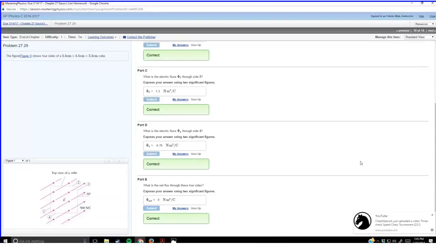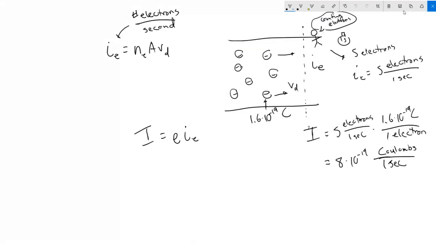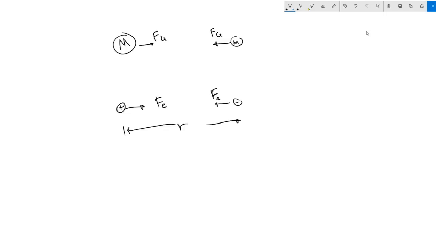Let's see, this is the last question you guys asked for, so I can answer Paul's question here, and we can come back to this if you have questions. But the idea was, we did this for gravity. If you have some mass and some big mass, and it's an attractive force, it's the same thing for a positive charge and a negative charge, opposite charges, right? And what we said was, if there's some separation here,